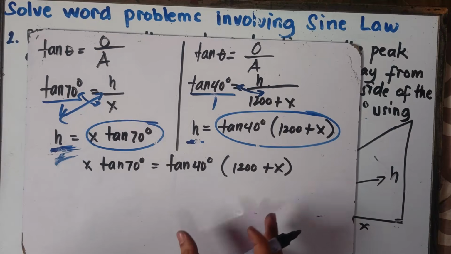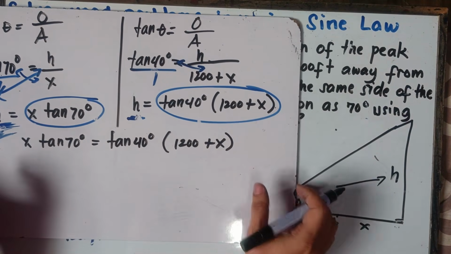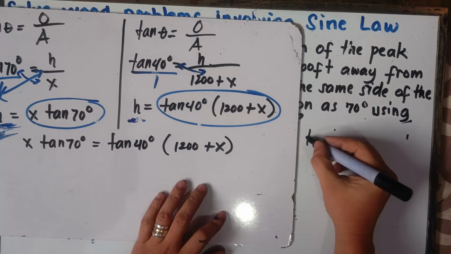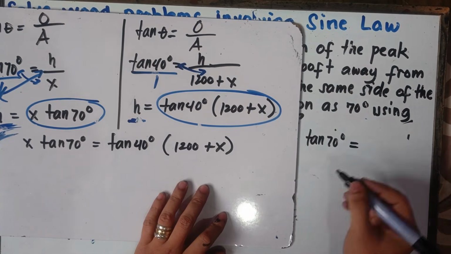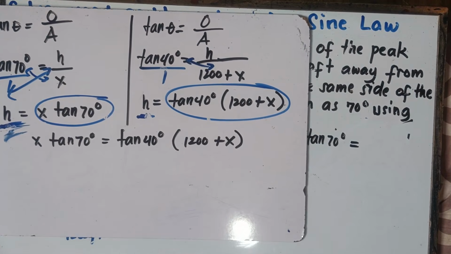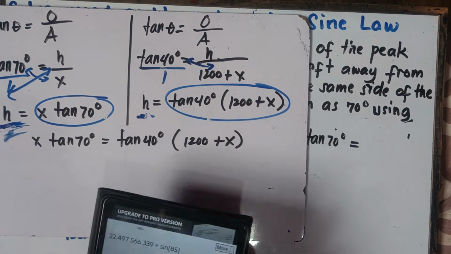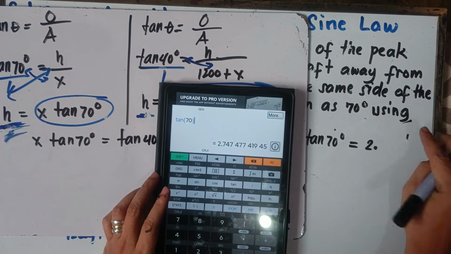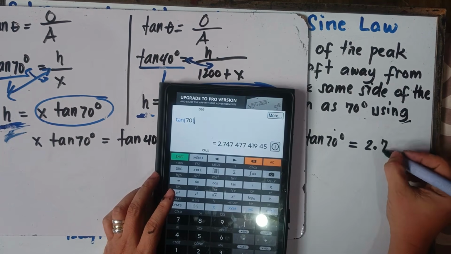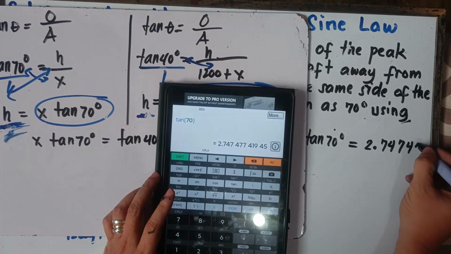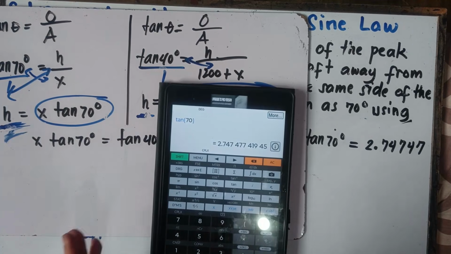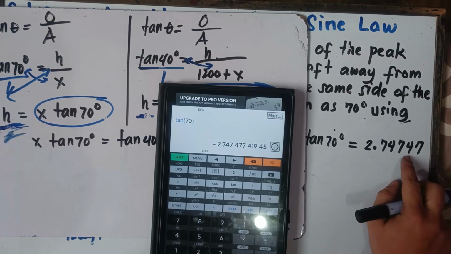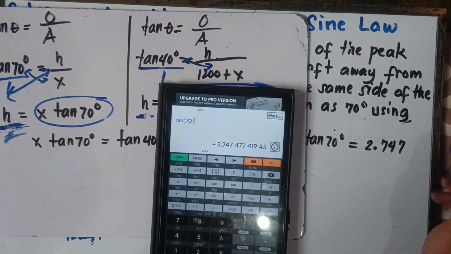Once again, class, you can pause the video. We don't have enough space, so let me just get the value of tangent 70 degrees. Simply use your calculator. Let's do it step by step, class. Tangent 70 degrees is 2.7475. You need to have at least 4 decimals if this is not your final answer. After 2.7474, the 7 after the 4 would be rounded to 75.